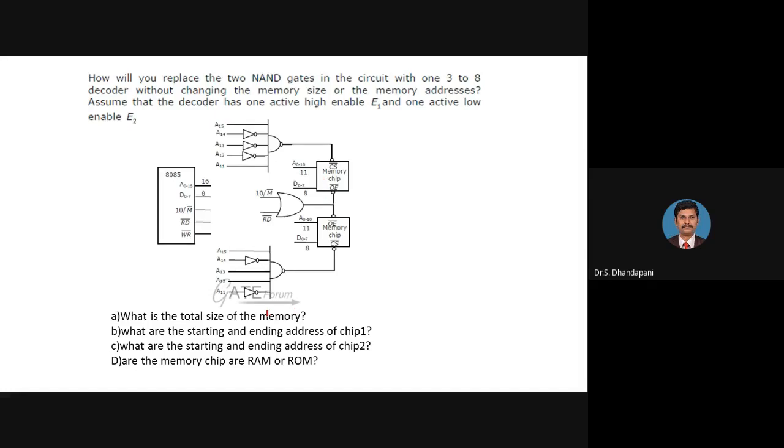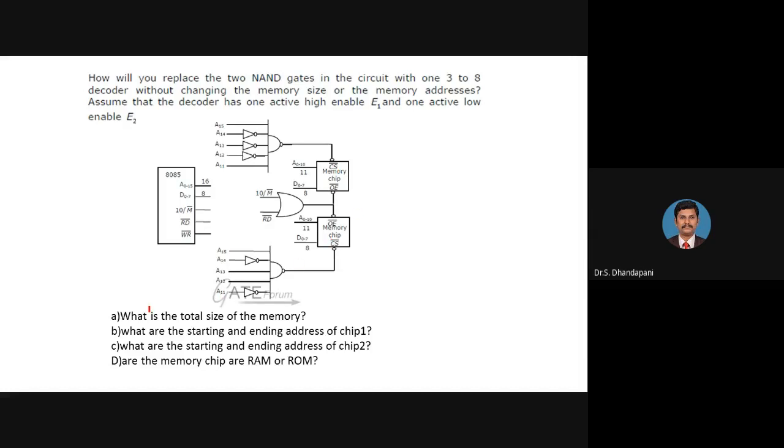That's right, 2048. 2 power 11 is 2048. That means 2 KB, so this memory IC is 2 KB. Next IC, it is also using address lines A0 to A10, 11 lines, 2 power 11. So the first IC is 2 KB memory. The second IC is also 2 KB memory.